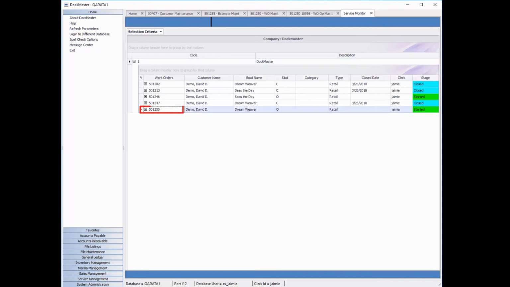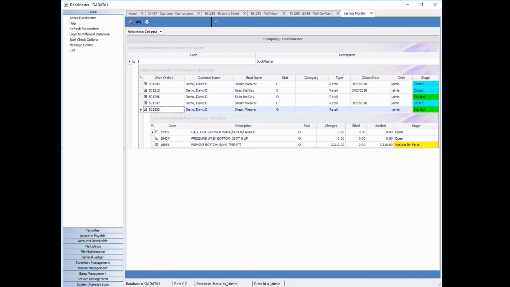I can drill down further to see the different operation codes, and I can even see that this one is waiting on parts because of our special order in the previous example. Also from this screen, if I choose, I can right-click and I can go directly into work order maintenance to reopen this work order if there's any work that I need to do, such as receiving that special ordered item against the